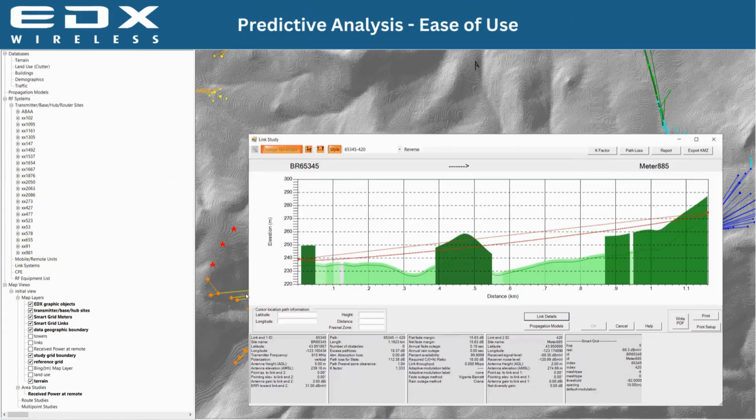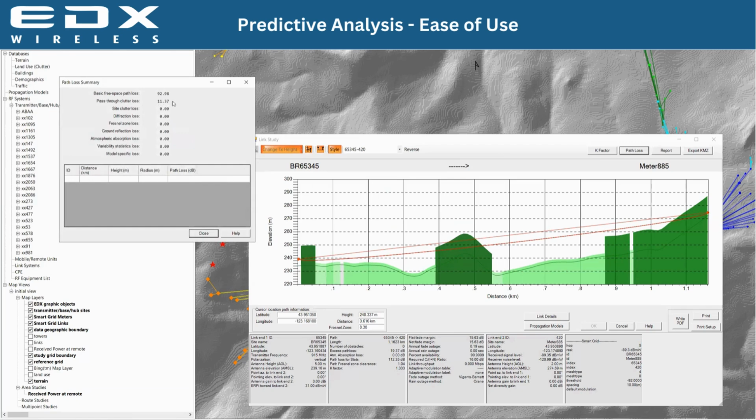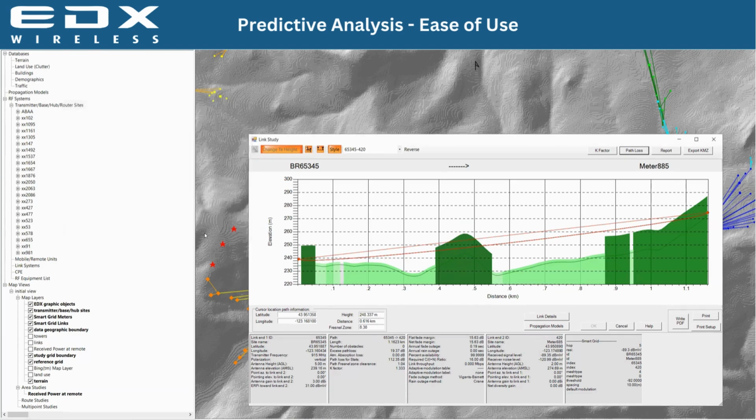Each one of these links here, I just right-clicked on one of my hops. It looks like this is a repeater on the left and then a meter over here on the right. And this is kind of a model of the path between them, and we're showing how much we're grazing through the trees there, which we're accounting some loss for. And the part where people can easily go astray if they're not real experienced with RF planning is that prediction, the rules that it used to come up with that path loss,